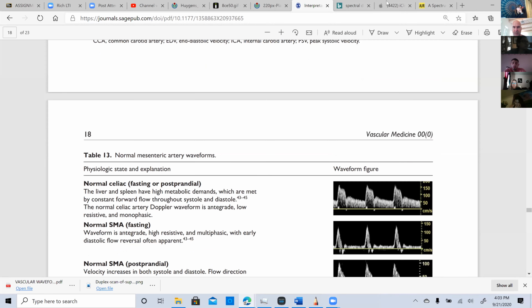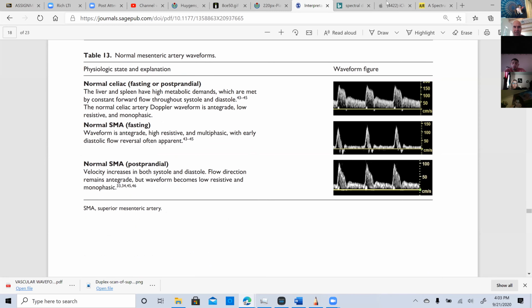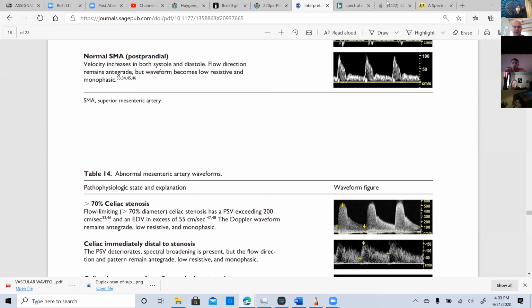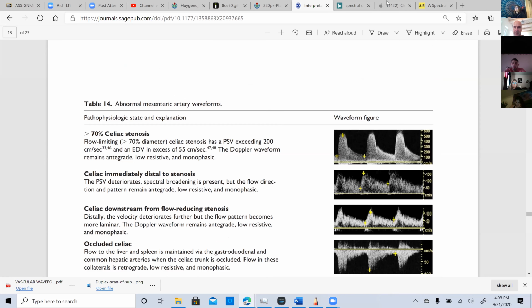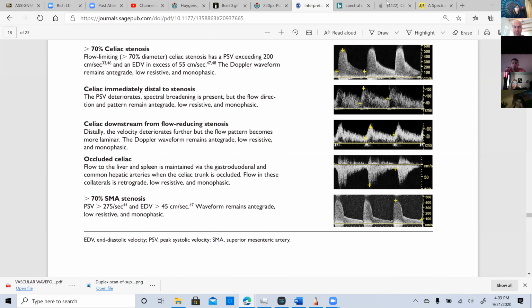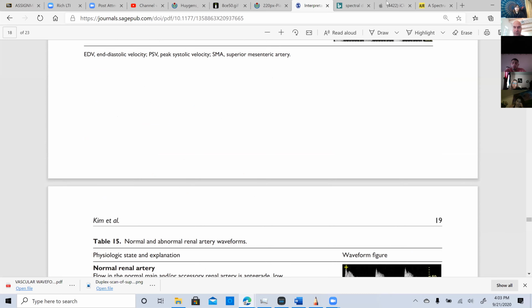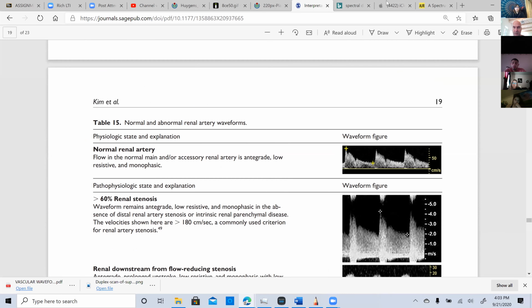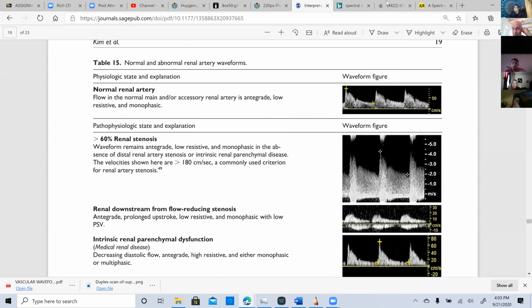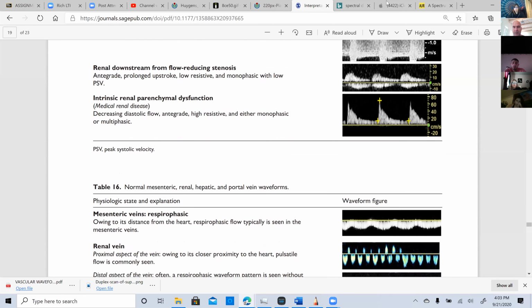Arrhythmias, you'll see those. The heart doesn't always beat at the same rate. So this is just if you guys are interested, and I hope you are, because waveforms matter. They really do matter. This is just a great article to keep in your back pocket, keep on your computer, even on your phone, because when you're out there in the field and you see something you want to try to explain better,